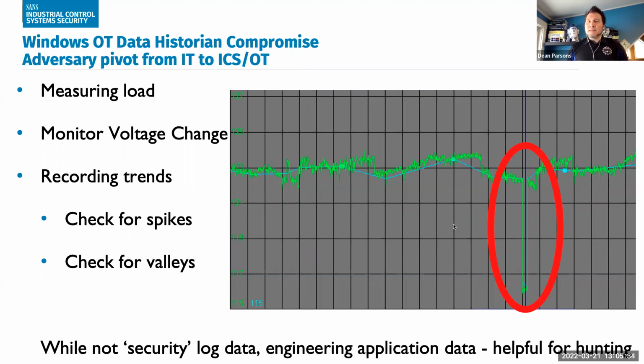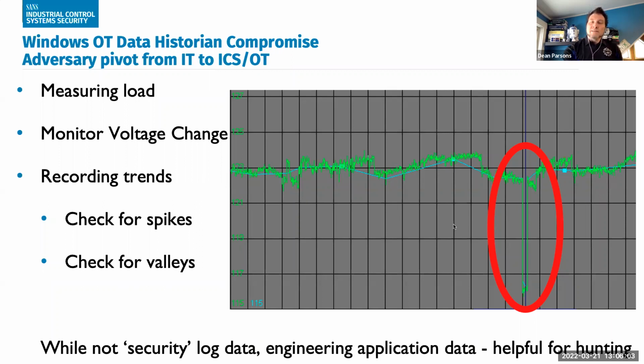Of course, these things are also important to look at from a threat hunt perspective or incident response perspective as well. You see, this is not security data, but finding things like spikes and valleys in the data can pivot us off to look at certain parts of the assets in the environment. And also it gives us a time frame of what may have happened around a certain time. So again, the data historian logs are going to come into play as we pivot through this first hypothesis for